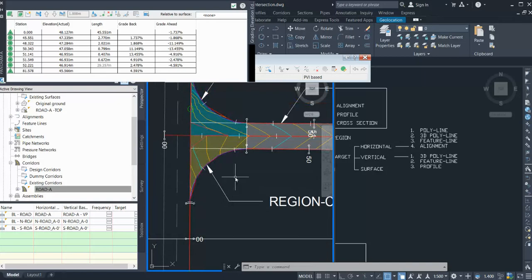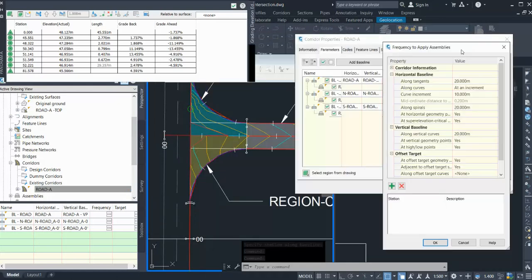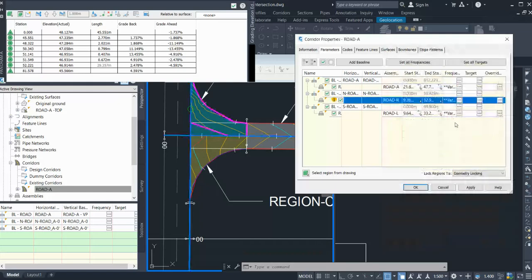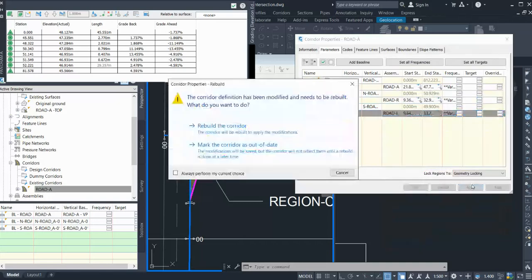The reason is that when you model a corridor and if you go to the frequency tab, it will show you that it places the assembly at 10-10 meter interval on the curve part. So because it will be 10-10 meter interval, it doesn't cover the entire area. So what you need to do at the curve location, you could have a small frequency like 0.5 meter. Okay, the same thing I'll go here and 0.5 and apply,